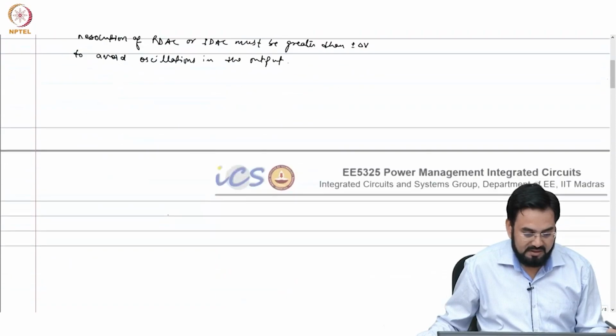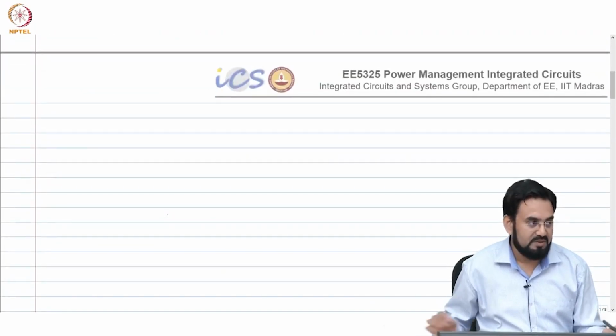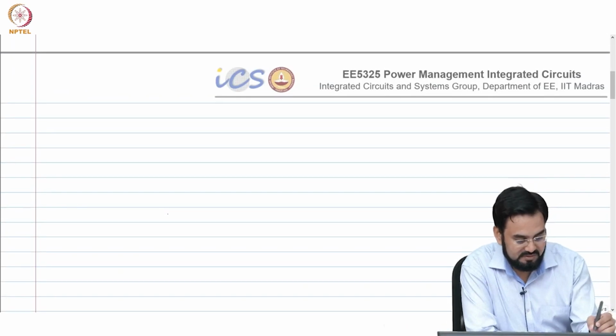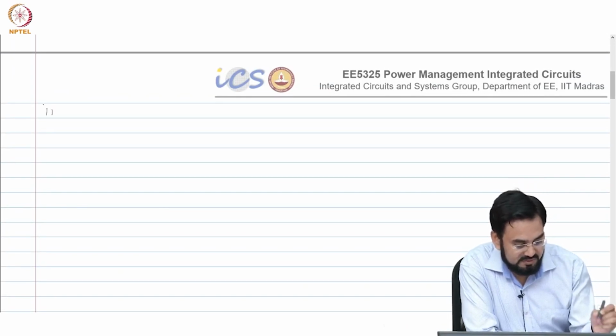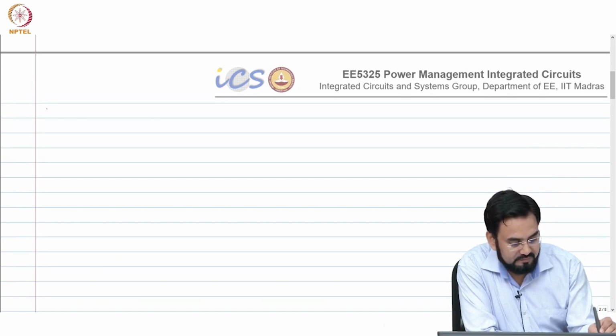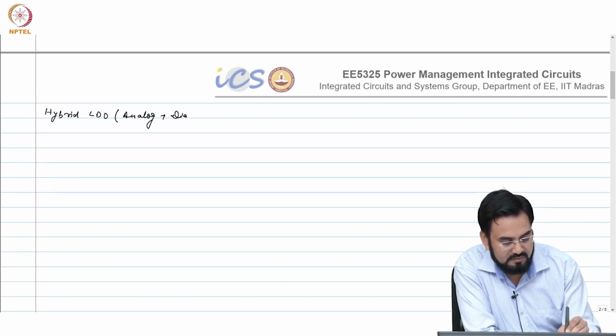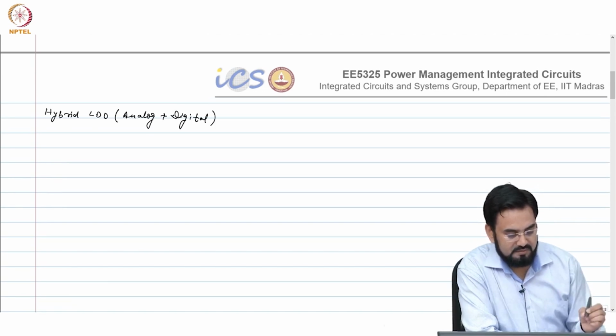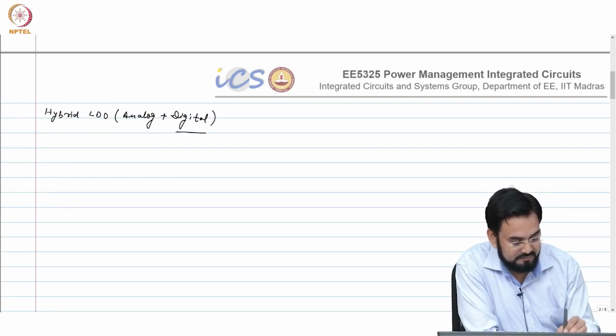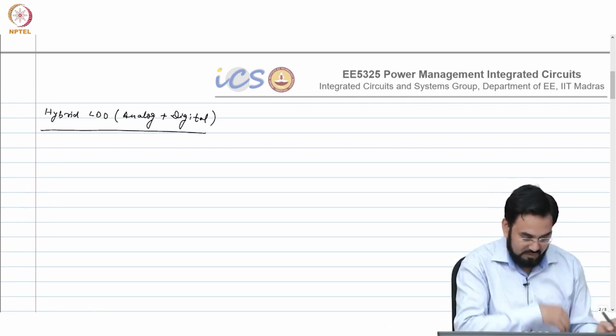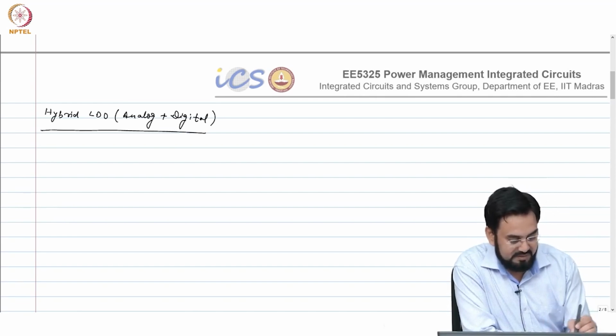So, we looked at digital LDO and we briefly talked about hybrid LDO. So, I will just show you the circuit diagram for that. Which means analog plus digital. So, the concept here is